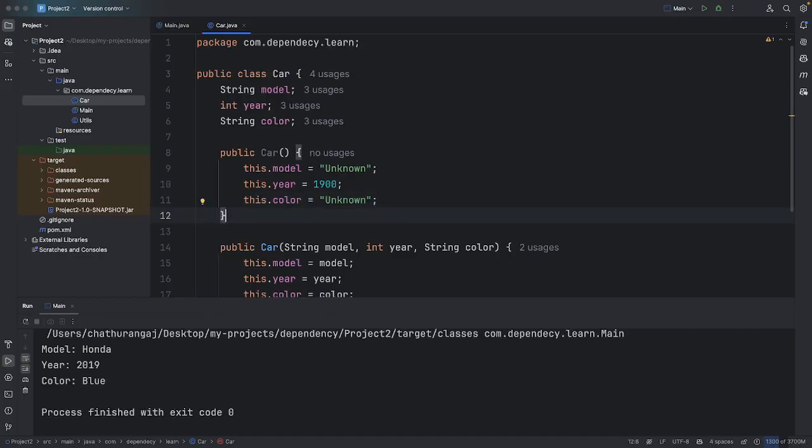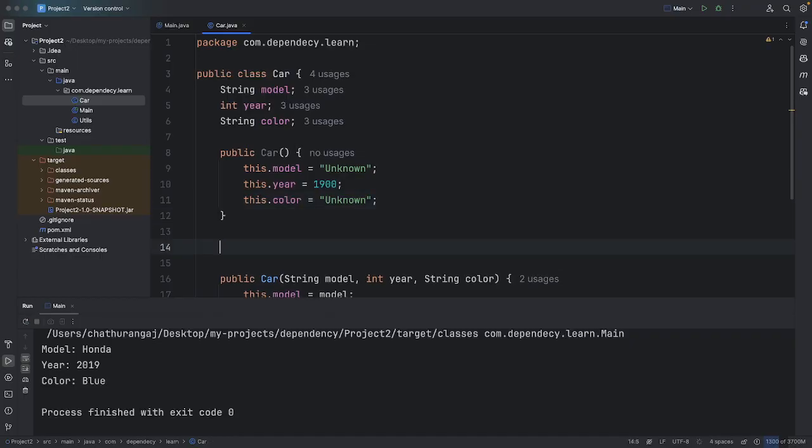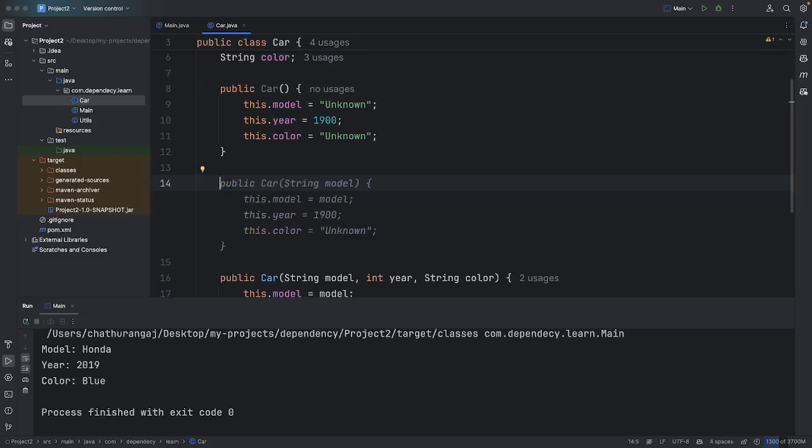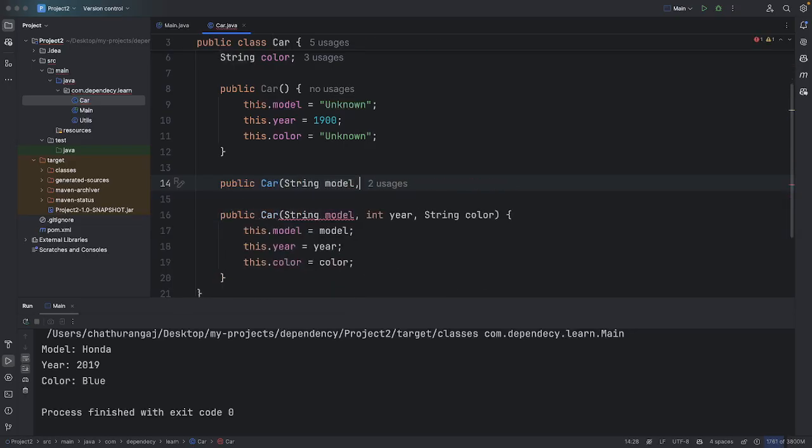So that is one constructor, and here we can implement another constructor with model and